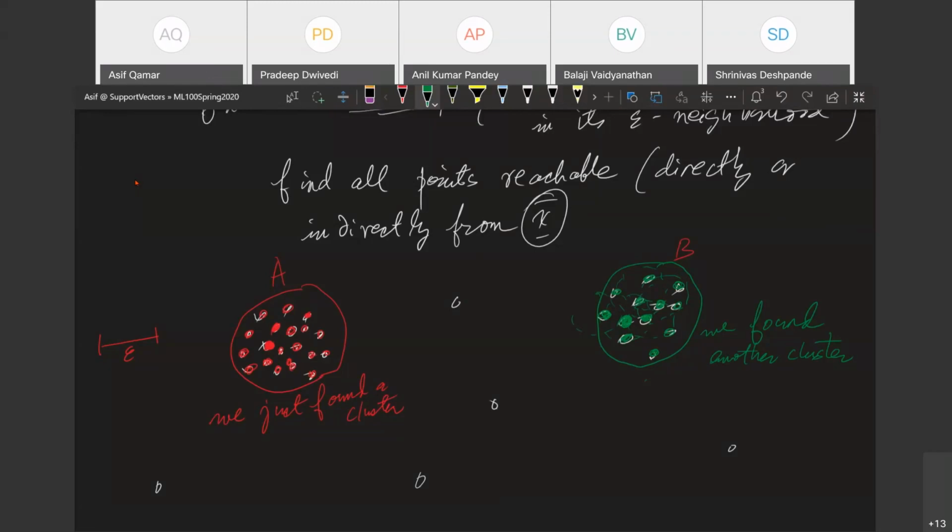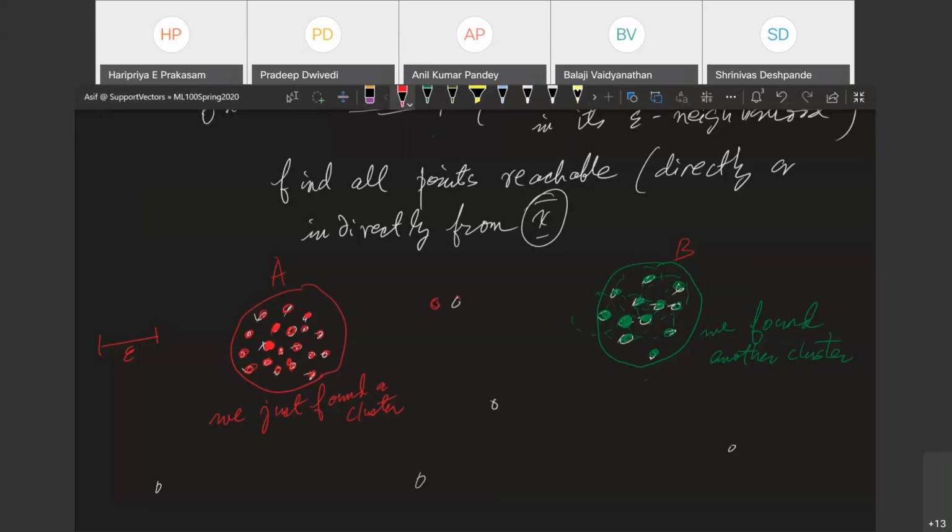Right? So Asif, for this outlier, let's say there is another point close to it, so let's say there are only 2 points. Will it be considered a cluster or no? I'm sorry, repeat the question. So if there are only 2 points, let's say between cluster A and cluster B there is 1 point, right? So let's put another point very close to that. Will this be considered a cluster?